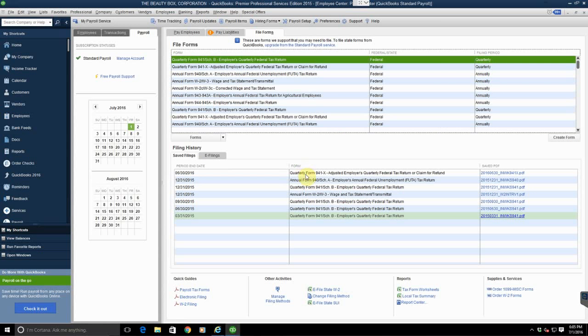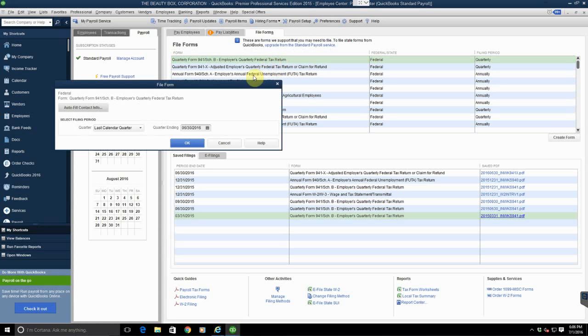I just went in and did the 6/30 one, but I want to show you about the other forms that you need. These are all quarterly here, as you see in the filing period. And you pretty much know what those are. It's the federal and the state withholdings. Those are quarterly. So if you double click on the quarterly 941, you just need to realize that's your quarterly